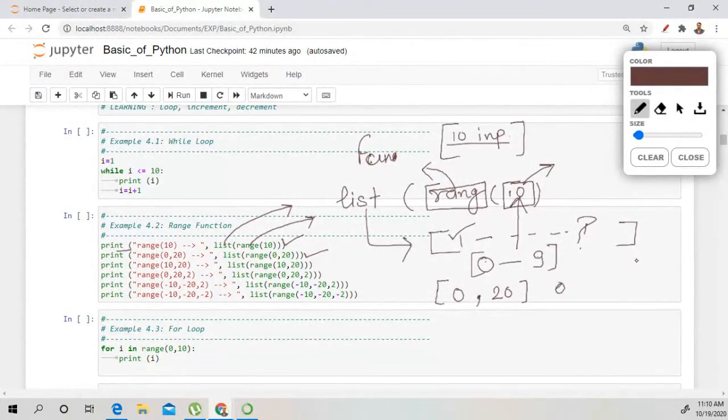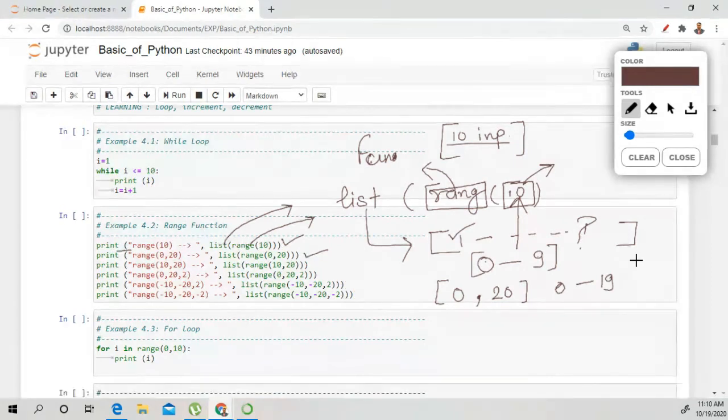Yes, 0 to 19 is the range from 0 and ends with n minus 1 position. Now next is range 10, 20. What is the output for this? It will start with the initial value 10 and go up to 19.